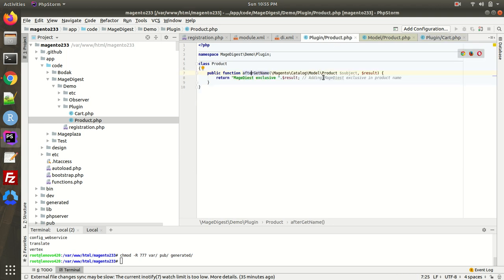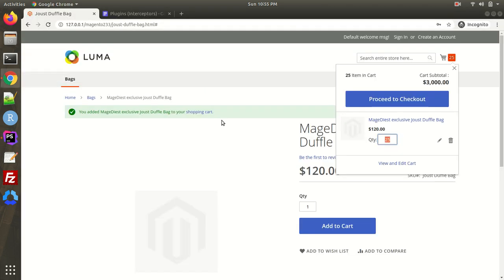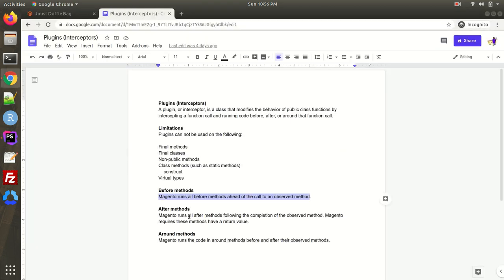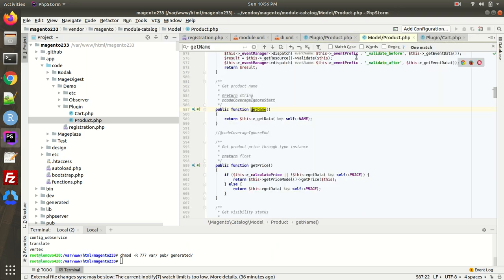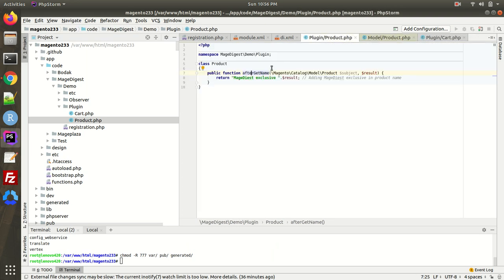Now after getName, what are we using? As the document says, it will run all after methods following the completion of the observed method. That means in the before plugin, our method was executing first and then it was going to the main method. Over here it will first go to the main method, then come to our method, because it is after.